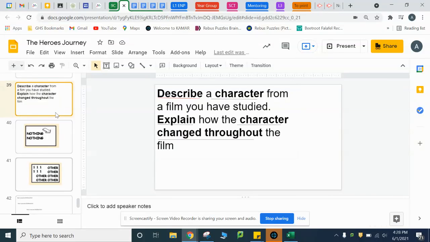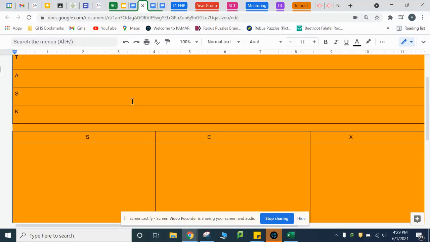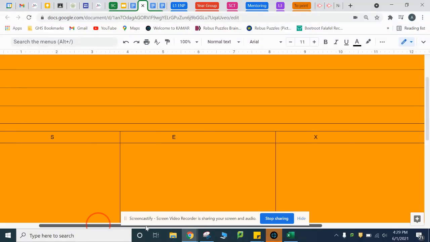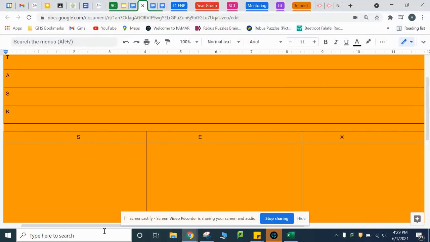Okay, hi Year 9. This is the third section, or the fourth section, I forget now, where we're right up to the planning stage here. So, what you need to do is open up your SEXY practice, and we're looking here at the S, E, and the X, and the Y.